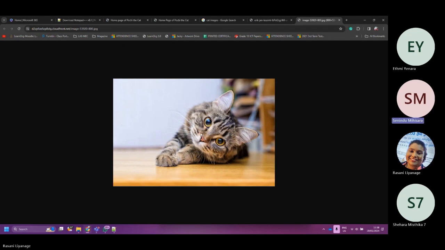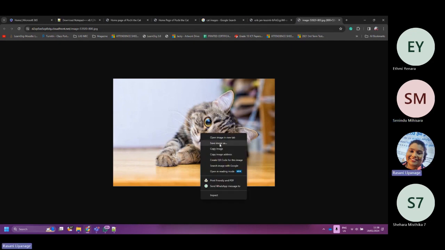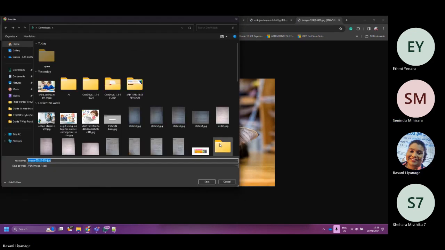Madam, I also get the same image. Is it? That's nice. To save it, you can give it a name. I would say Pochi as the name, and save it.